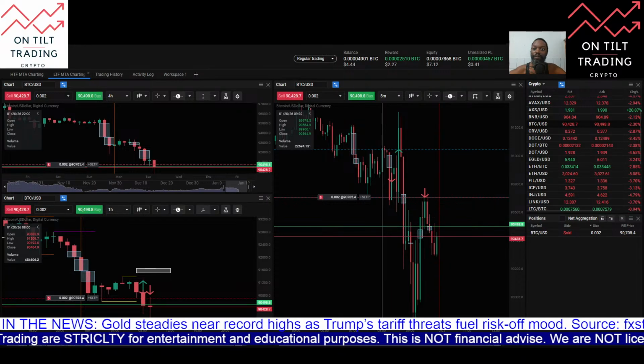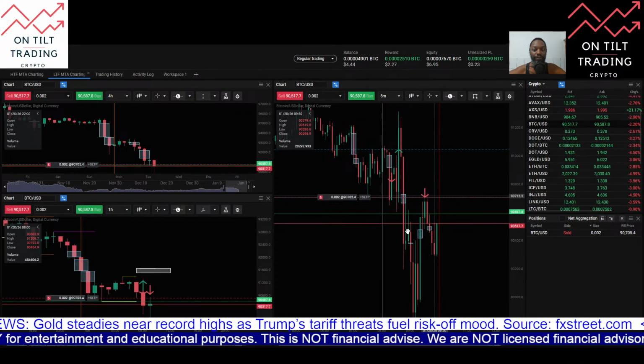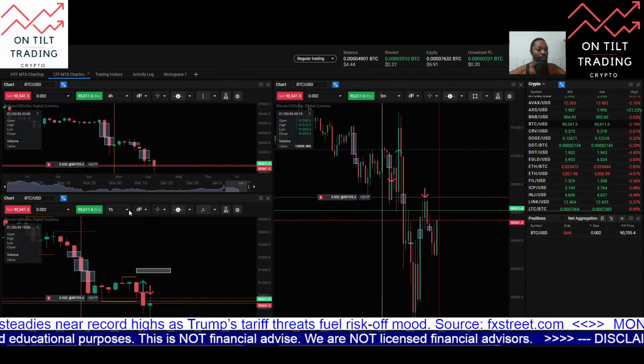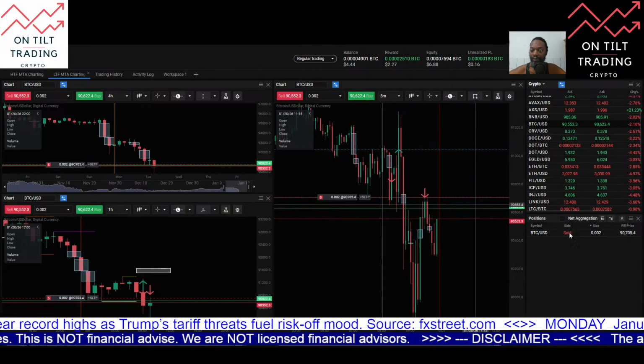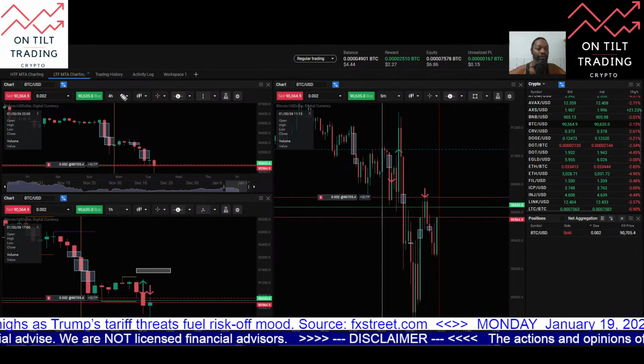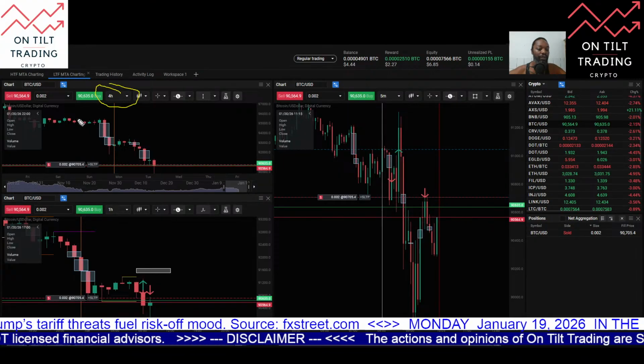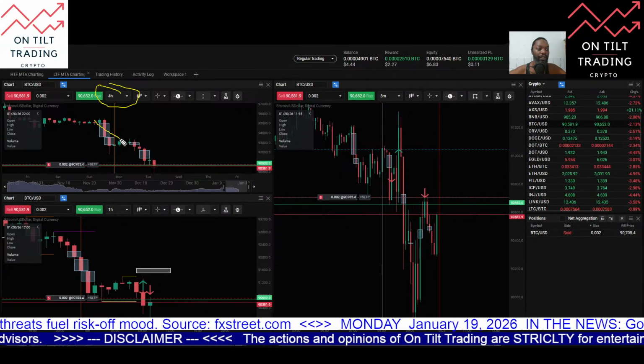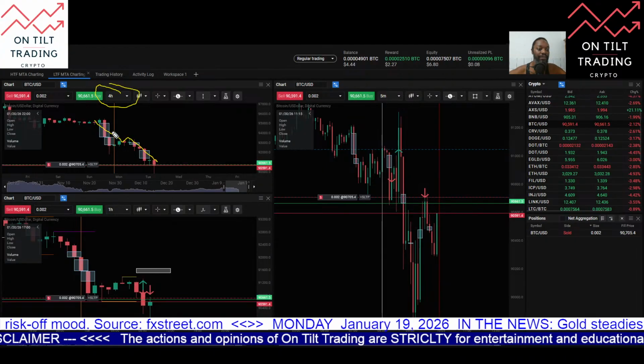I am currently short here in Bitcoin. I'll walk you through what I have trading here top down. Starting here on the 4-hour chart, we can see Bitcoin here has been delivering here to the sell side,